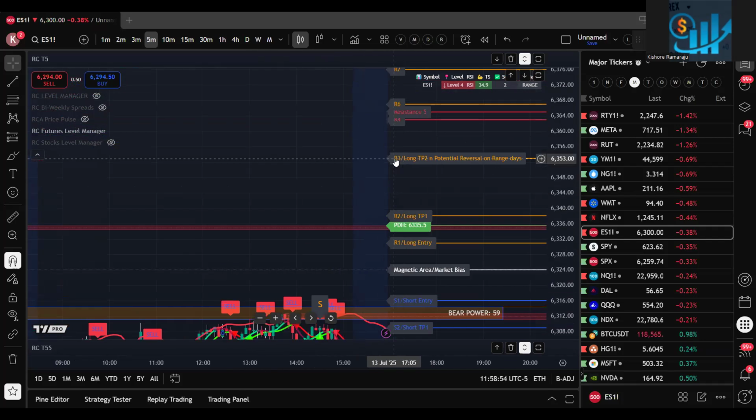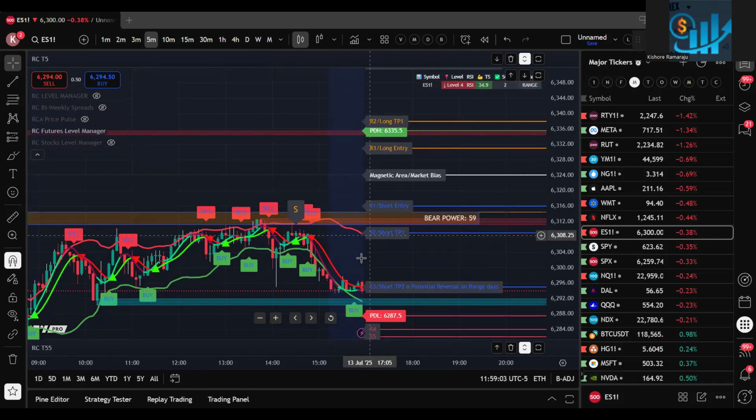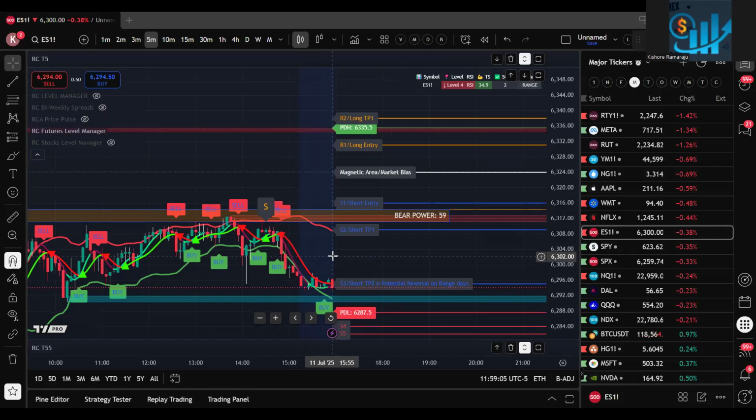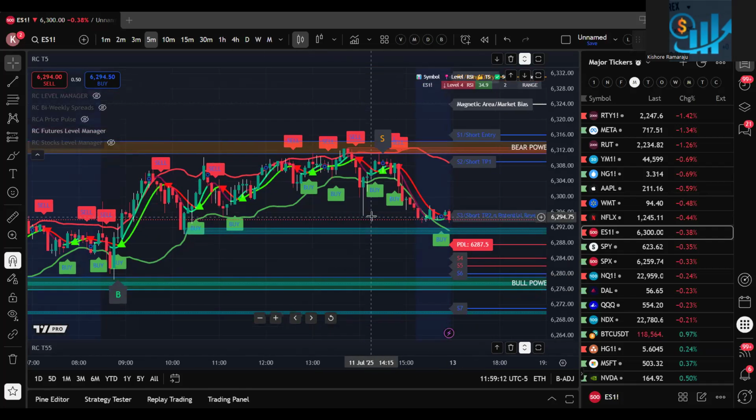Or whenever it comes here, right, from the magnetic area, it went all the way up, then it will come to the magnetic area again. So that's how this futures level works. You have to understand whether it is a range day or it is a major event today. If it is a major event today, it will